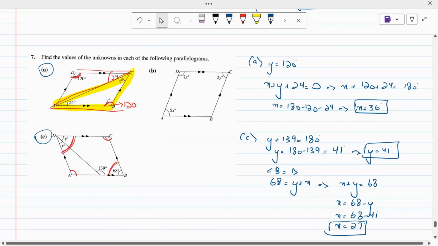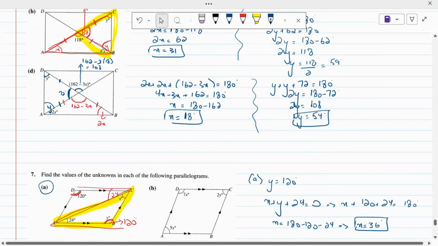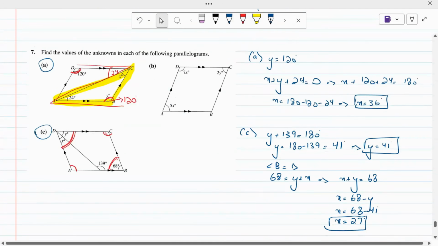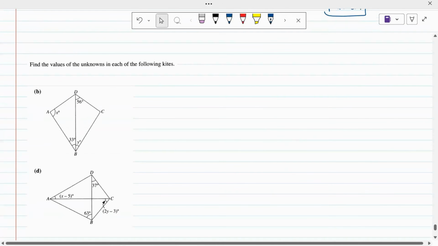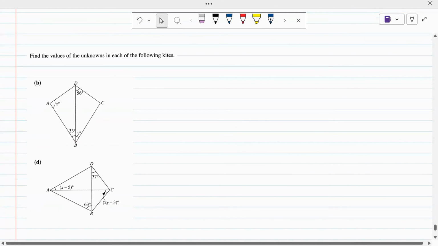This was all about parallelograms. So rectangle, then parallelograms. Next shape is the kite. Now for kite, we have